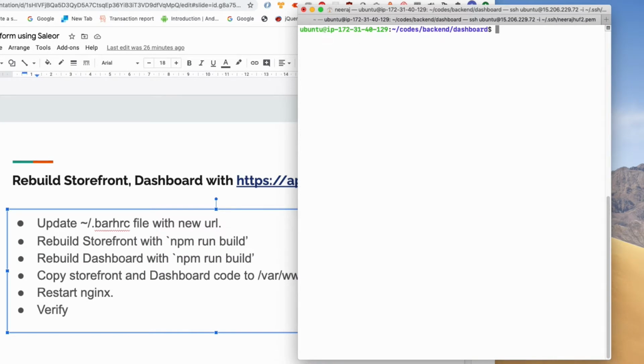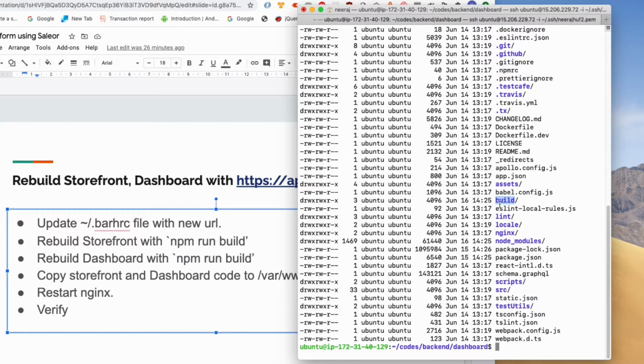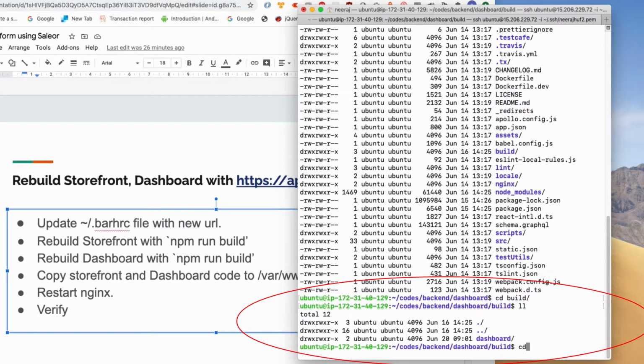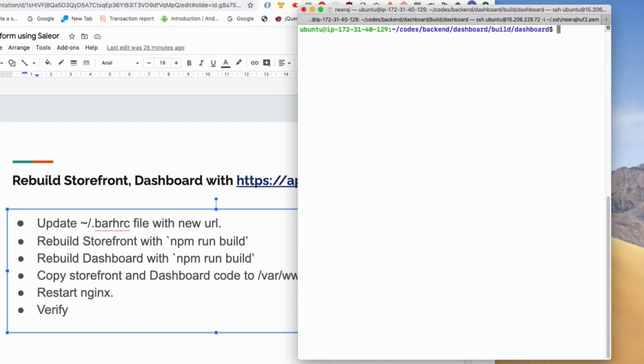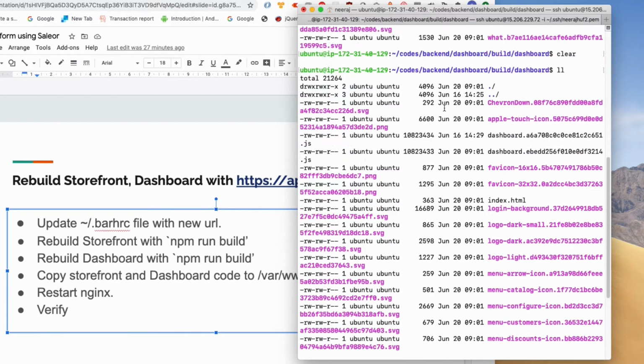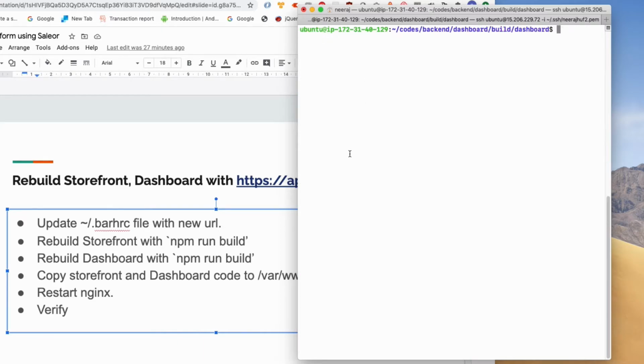Let's copy our dashboard code. Dashboard code is present in the build folder. So my files are present over here. I'm going to repeat the same step. So first I'm going to remove.